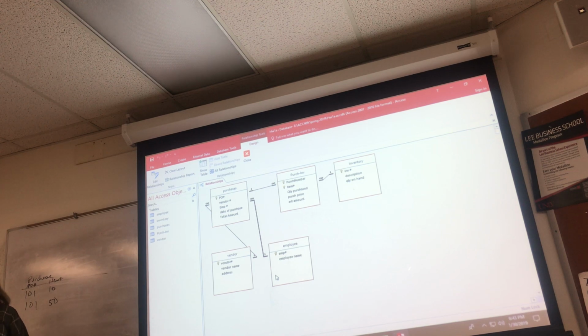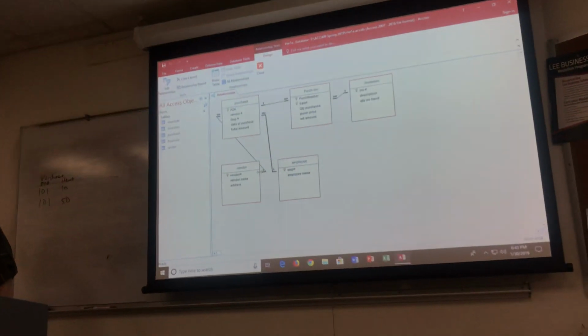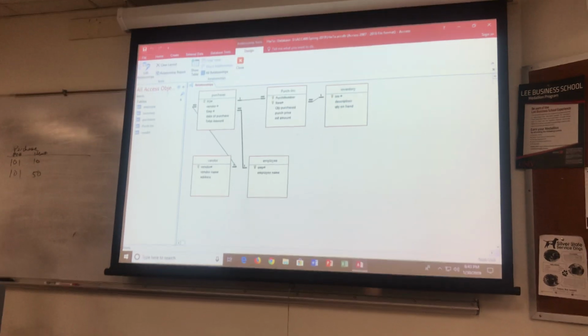Okay. Get to work. On the purchases, on the vendor number and employee number, do you have to put anything down for foreign key or just